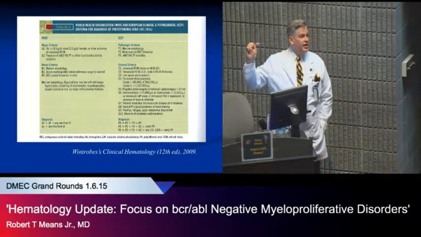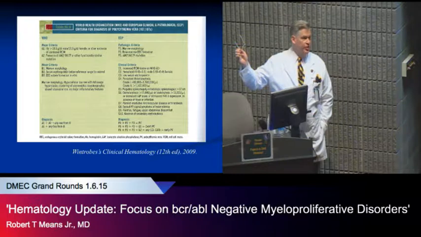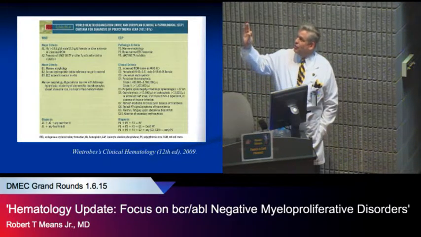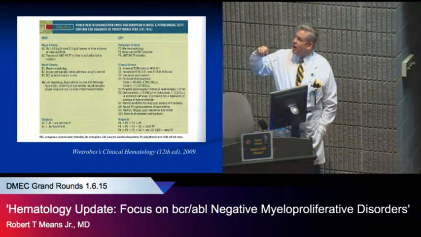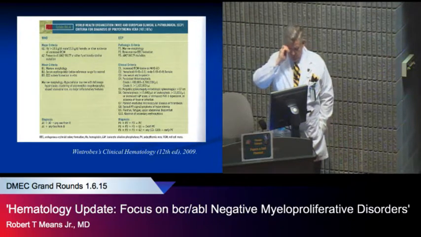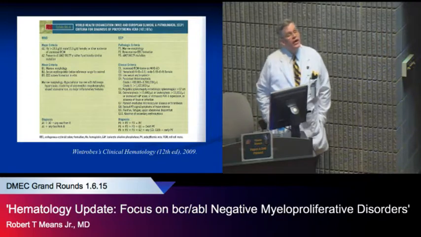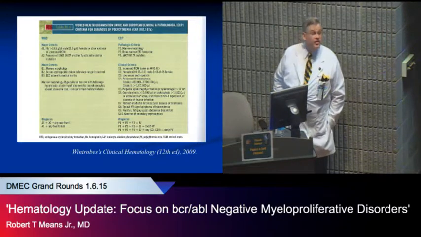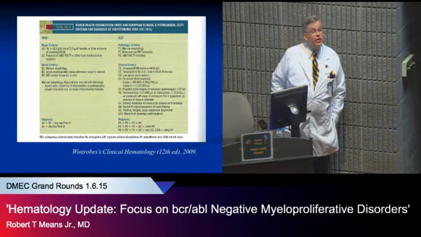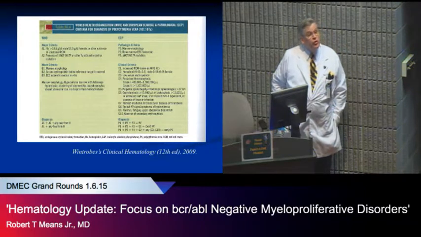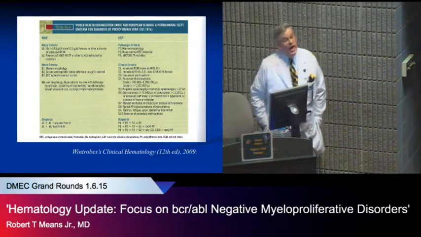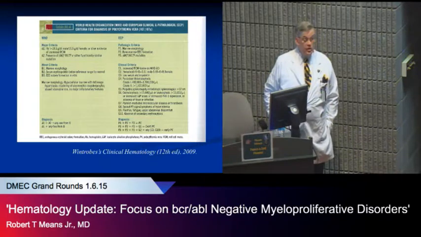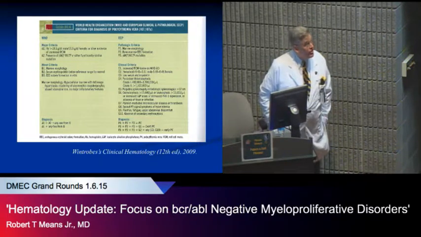Now, the bottom line is you can't just order that. That's something that has to be done typically by somebody who has a research lab. And so the bottom line is your criteria are marrow and the serum erythropoietin. So if you have a person who has an elevated hematocrit or hemoglobin in the appropriate range, who has a JAK2 mutation, and who has a low serum erythropoietin, you have someone who has polycythemia vera.